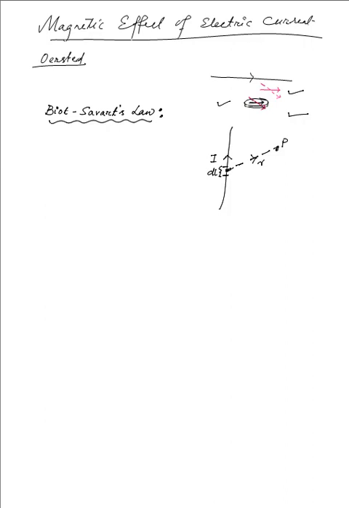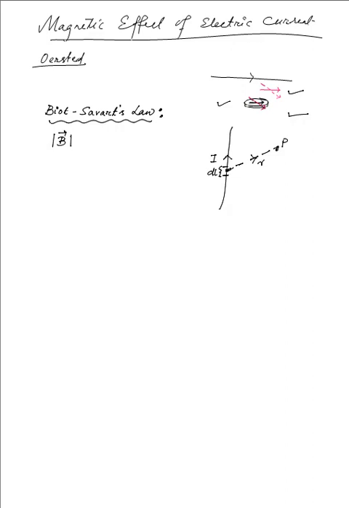As per Biot-Savart's law, the magnetic field intensity, usually represented by the symbol B, is a vector quantity of course, but as of now we'll be dealing with the scalar part of it,